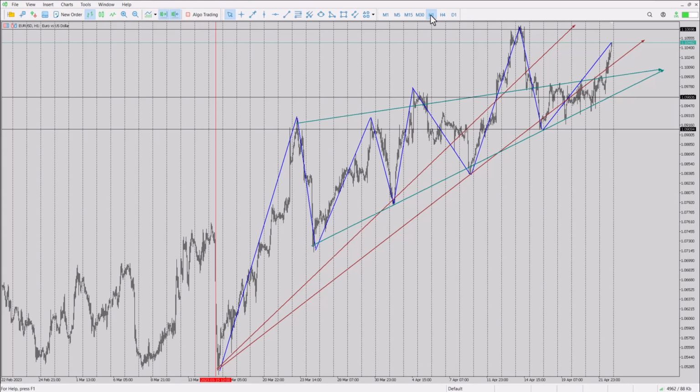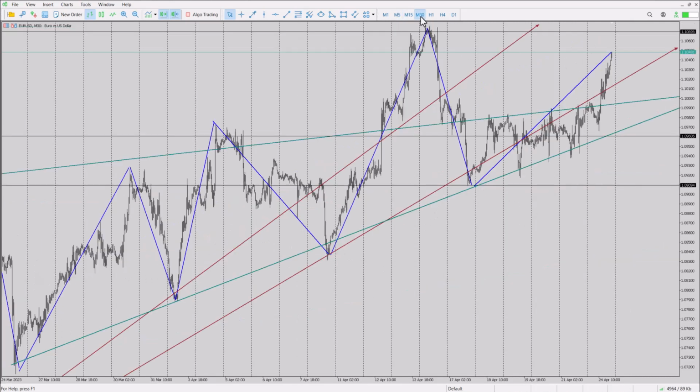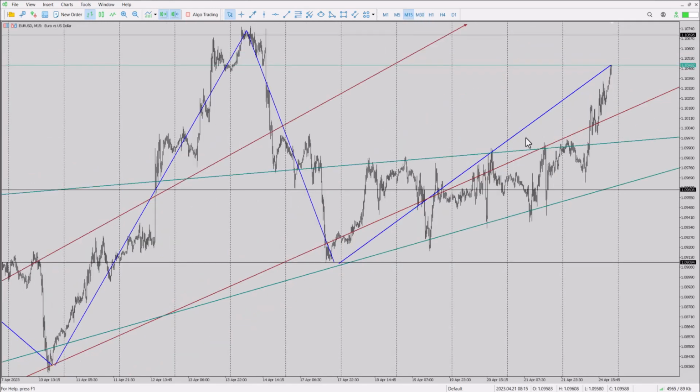Because if you're on a 1 hour, at least a 5-minute chart is the target time frame that you're gonna take a trade in. But we check all the other time frames as well. So in the 30-minute time frame, nothing much going on, it's the same. In the 15-minute time frame, as you can see, we have a